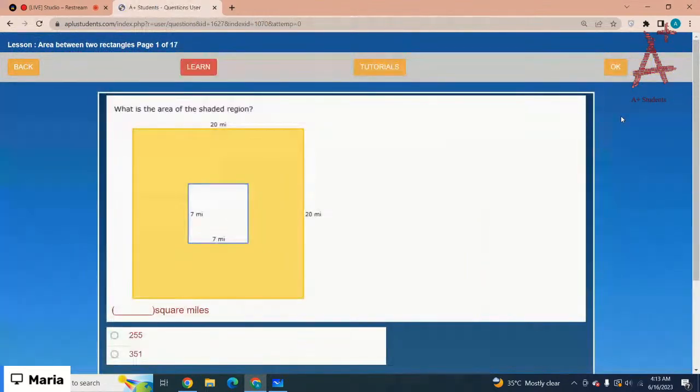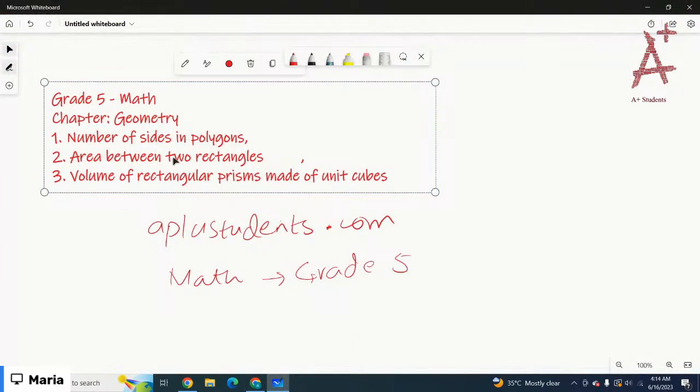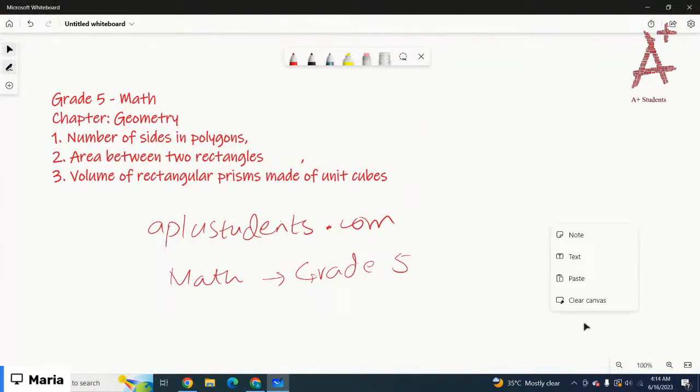Okay, what is the area of the shaded region? So you have to calculate the area of the shaded region. You have to subtract the area of the smaller square from the greater square. So the smaller square has 7 measurements and the greater one has